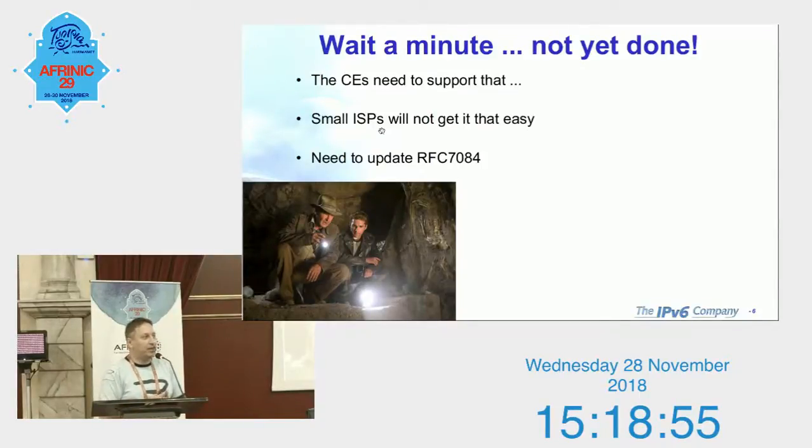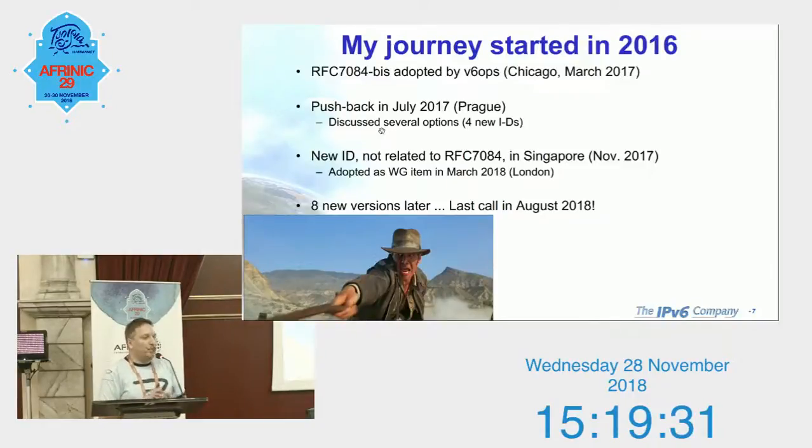Problem, we are not yet done, because those transition mechanisms, which were invented already 3, 4, 5 years ago, have good support, at least one of them, in the cellular networks, but the CPEs don't have support for those transition mechanisms. So that was basically the start of my work in this field, thinking we need to update RFC 7084, which is the specification for the CPEs with IPv6. We need to make sure that this document includes the new transition mechanisms. So I started with this work